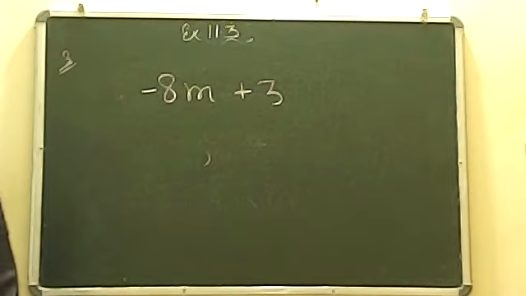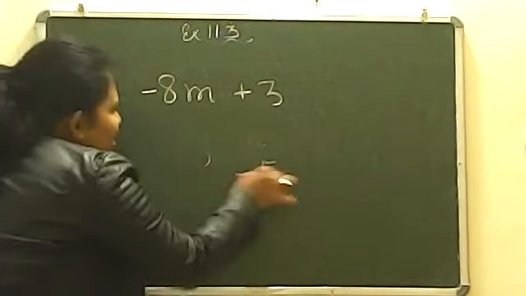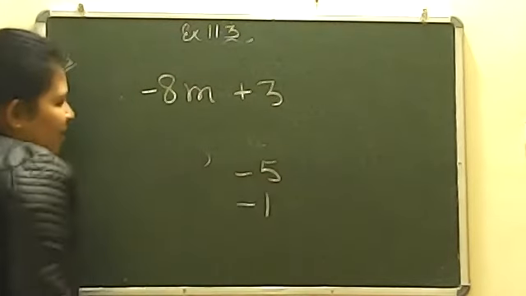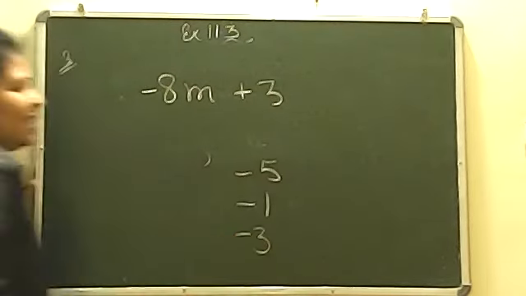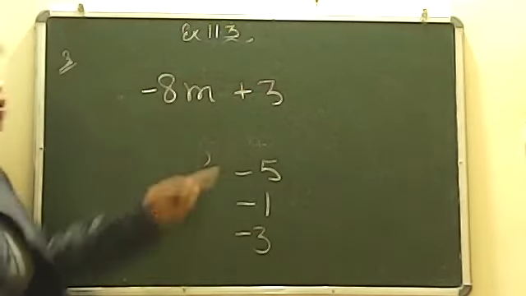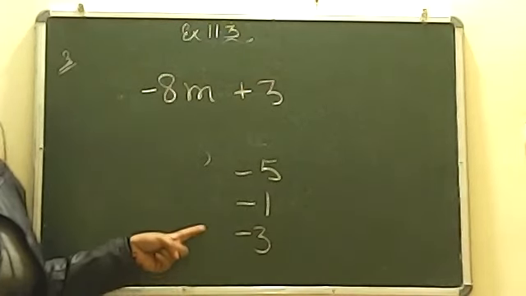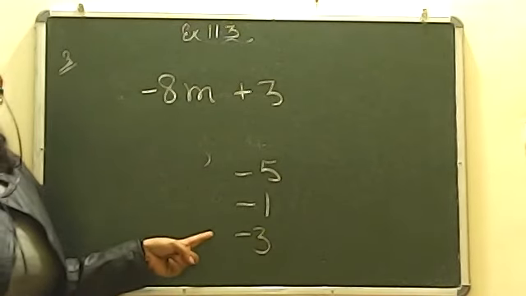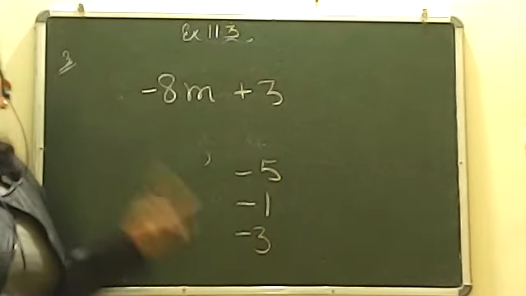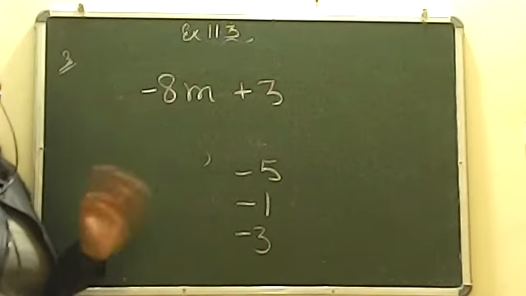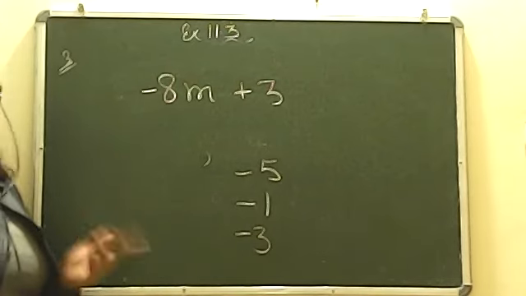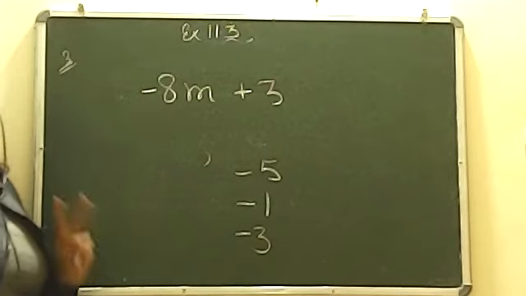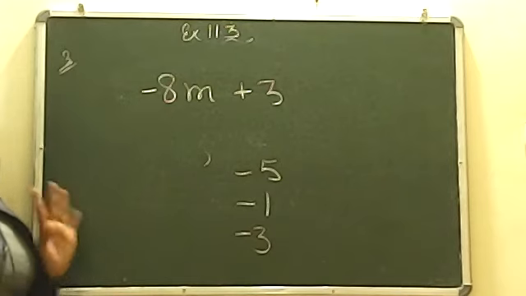Okay. Let me tell you, beta. अगर आपके पास कोई नंबर है -5 और if you have a number -1 or if you have a number -3, it means you don't have subtraction here. This is the negative integer. Okay, it is not subtraction, beta. This is a negative integer because we have two types of integer, है ना? Mainly positive and negative, and neutral is only 0. But we have mainly two types of integer, positive या negative.